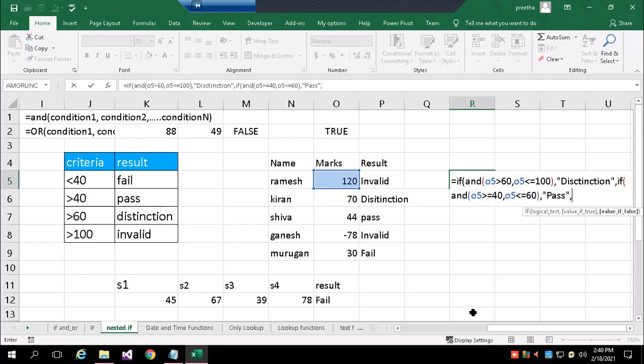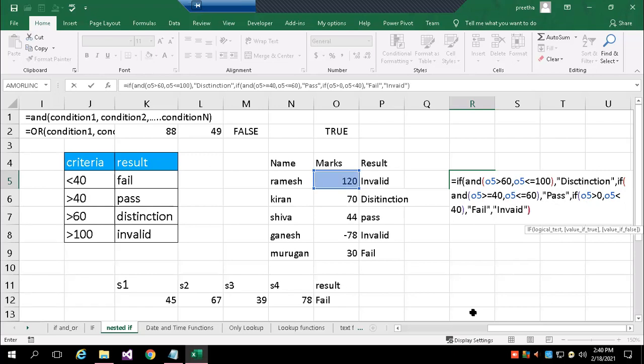Else if O5 greater than 0, means starting from 1 till less than 40, then I should get the message fail. Or if none of the things are true, then what do I want to write? Invalid mark.